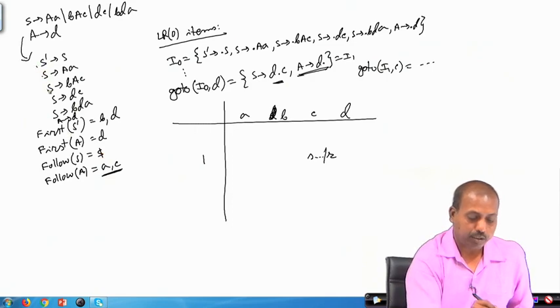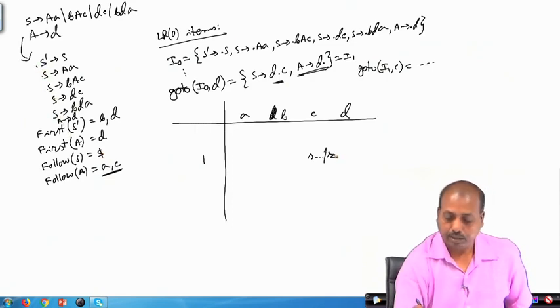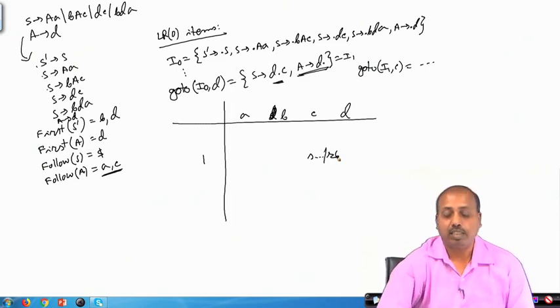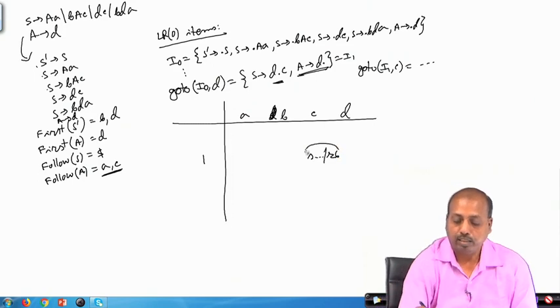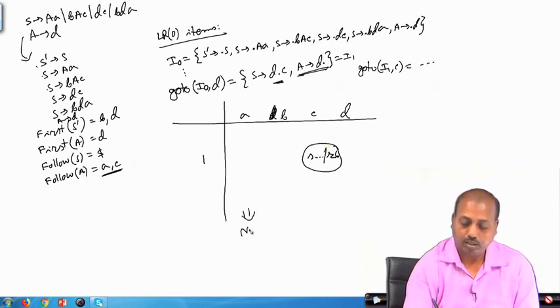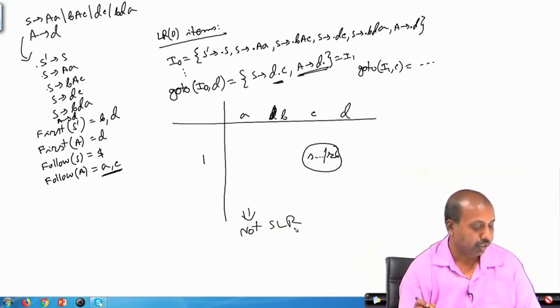It is 1, 2, 3, 4, 5, 6, so a reduce by rule number 6. So, this gives rise to a shift reduce conflict here, and the grammar will not be an SLR grammar. So, this is not SLR because it is giving a conflict like this.